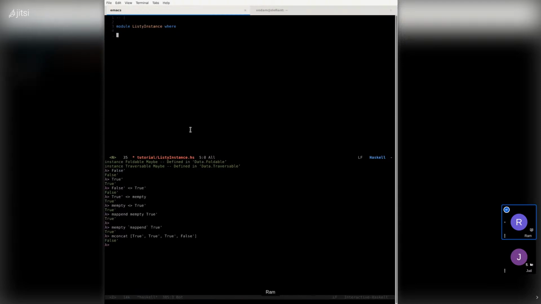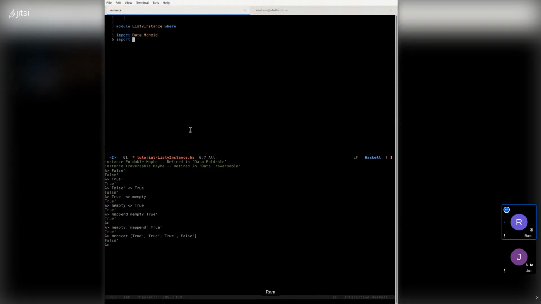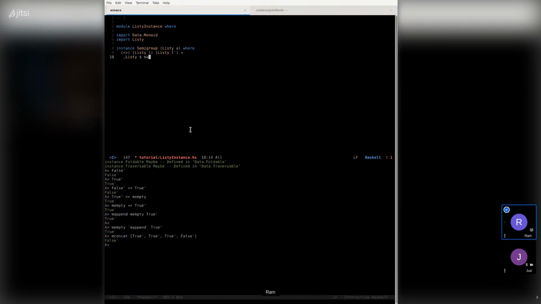In here, we first import Data.Monoid, and we also import our local module that we just created, Listy. We define another definition for Semigroup, and in here we define it again: Listy l <> Listy l' equals Listy $ mappend l l'.